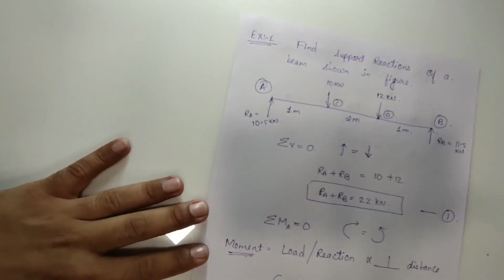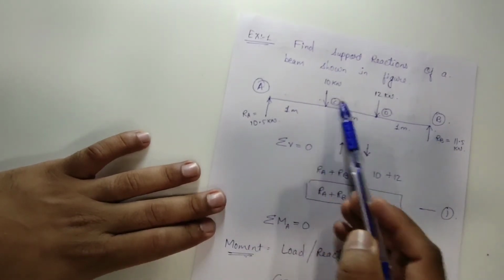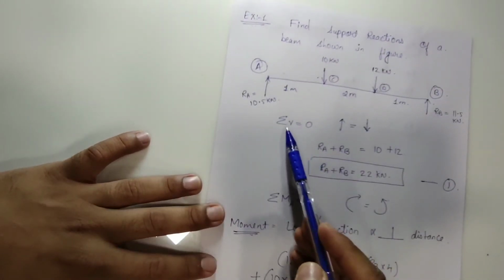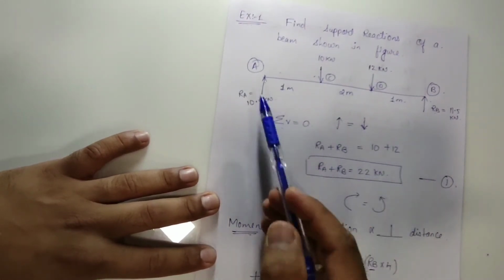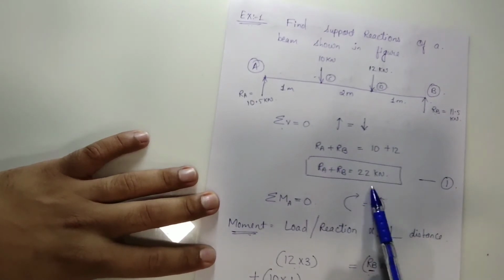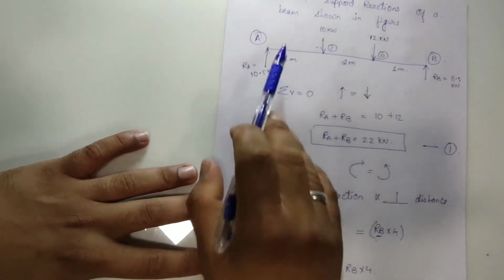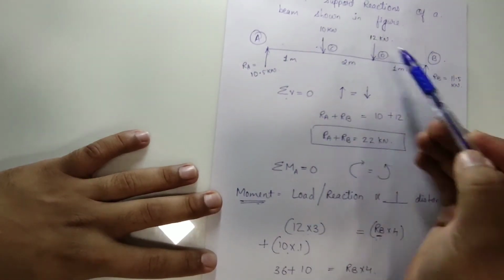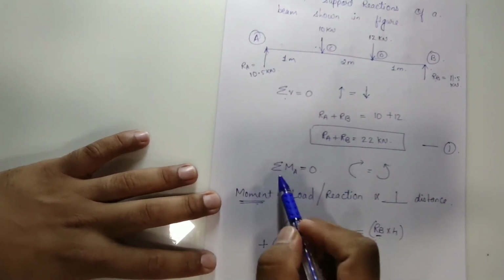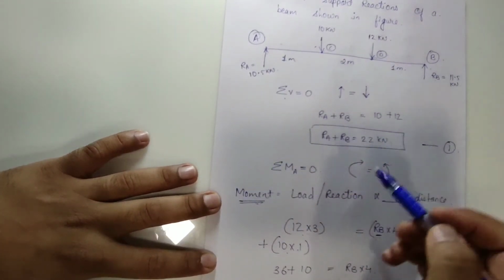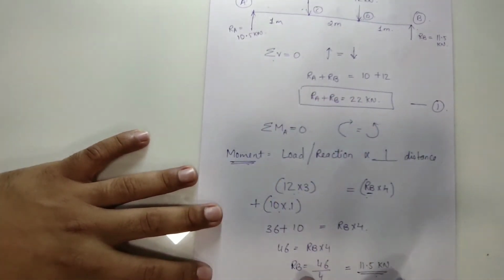So once again I am repeating all the steps. A simply supported beam was given to me, and 2 point loads were there. I have applied the first equilibrium condition, that is upward is equal to downward. So RA plus RB I got as 10 plus 12, that is 22 kilonewton. Then I have taken the moment. You can take the moment at any support. Either you can go with B, or you can go with A. If you try by taking the summation of moment at B is equal to 0, use this basic and try to solve it, you will get the same answer.